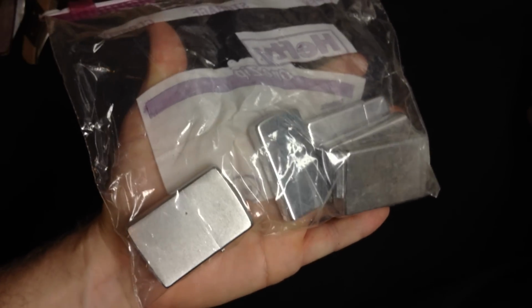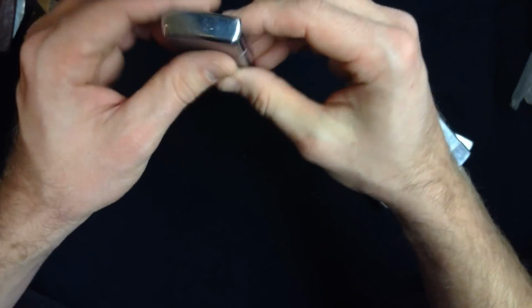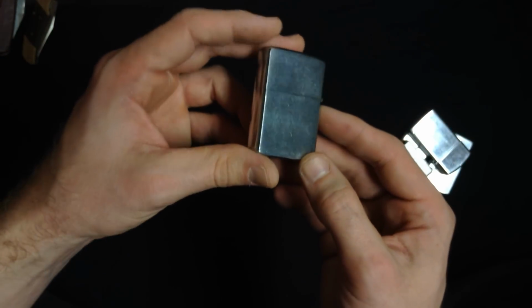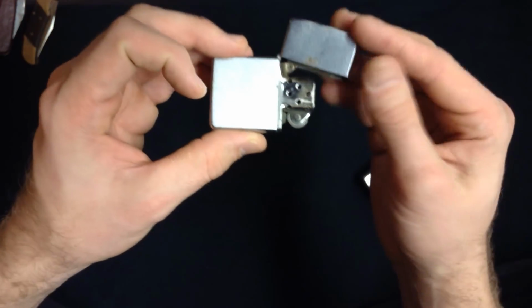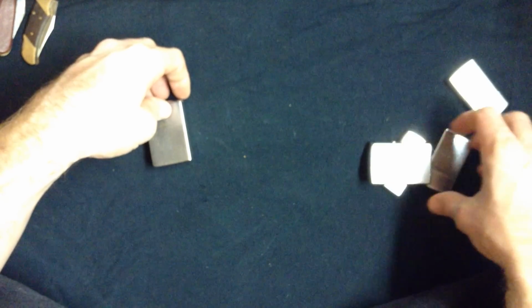Alright, and bonus category number 2. These old Zippos. Several years ago I thought maybe I would try to find out the value of these. And I don't think that it's really too opaque, and you can just kind of look it up easily with the company markings, but I gave up my search before I found out if these have any value. But I got some old Zippos, and I'm still fascinated by Zippos. I don't really remember playing with them a lot when I was a kid, but